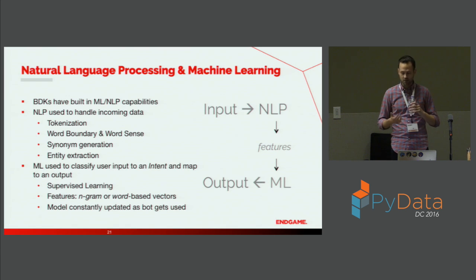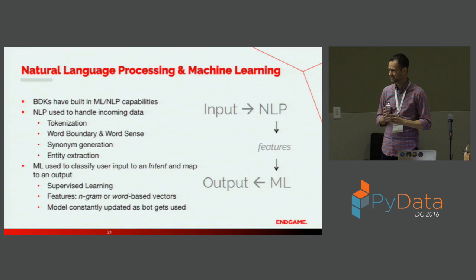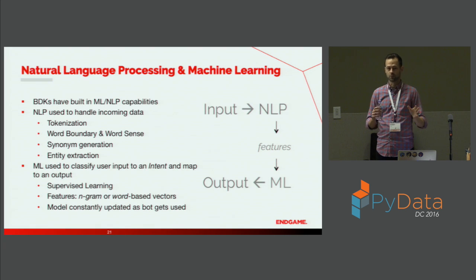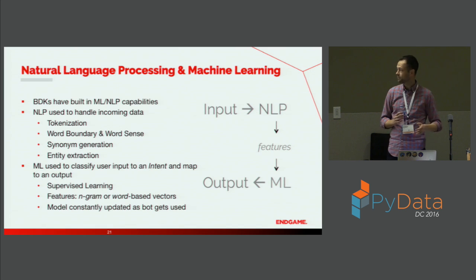So, natural language processing, machine learning. As I said earlier, it's kind of baked into these platforms, very much behind the scenes, but that isn't to say that they don't do it and don't do it really, really well. The folks with AI and API AI are really good at this for a reason, and that's even more of a reason why Facebook and Google bought them.